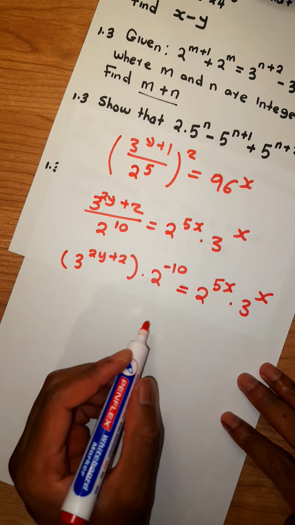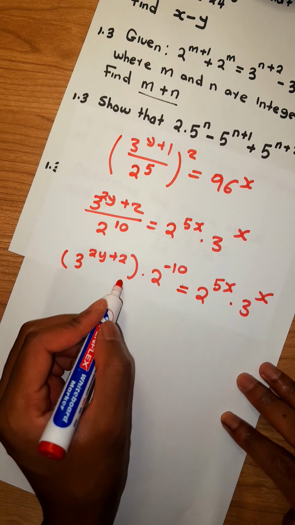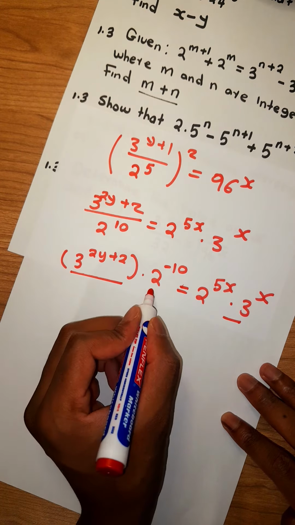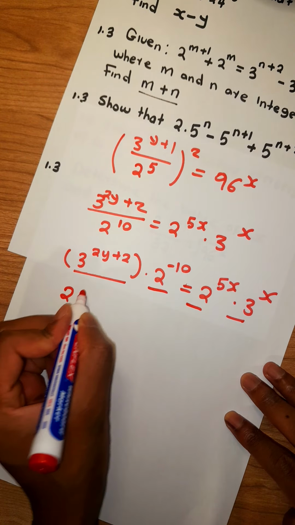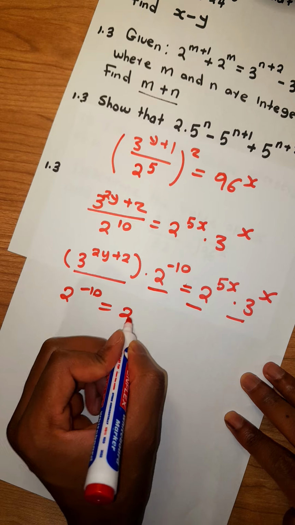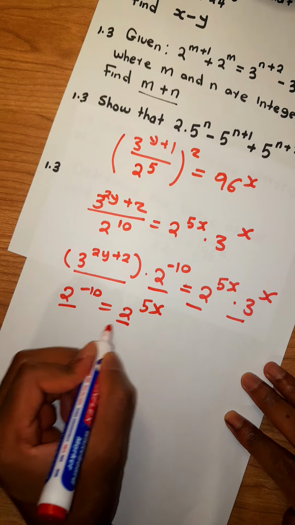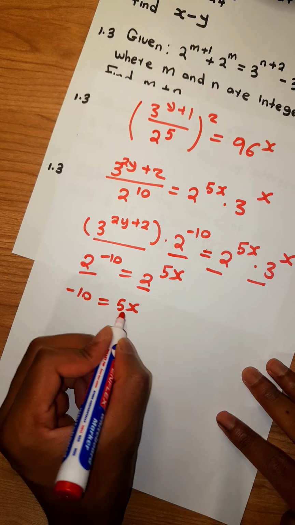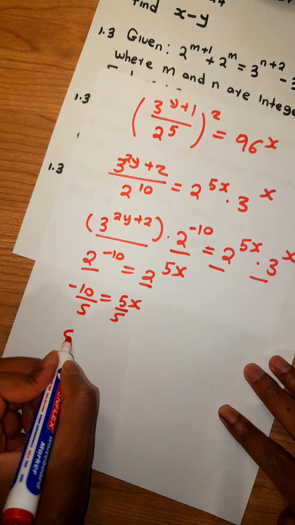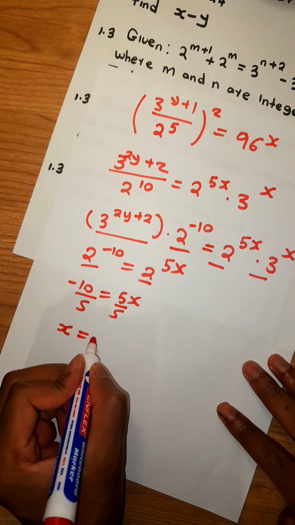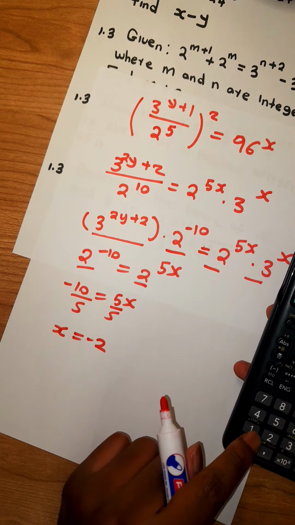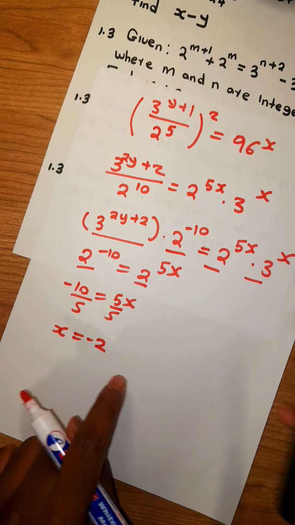So what am I going to do? I'm going to take 3 and 3. But before I go for 3 and 3, let me just take 2 and 2. So I'm going to have 2 to the power minus 10 equals 2 to the power 5x. So 2 and 2 will be left with minus 10. That actually equals 5x. So I divide both sides by 5. I found that my x is going to be minus 2. So at least I've actually found the value of x, because negative 10 divided by 5 is going to be